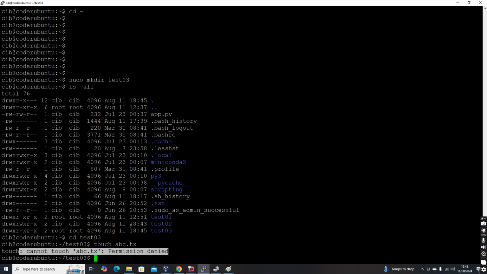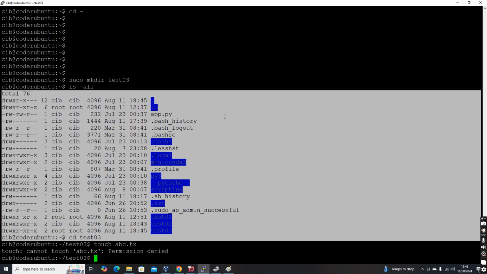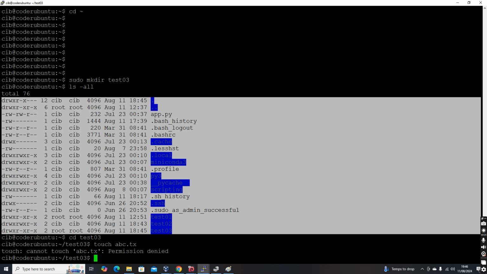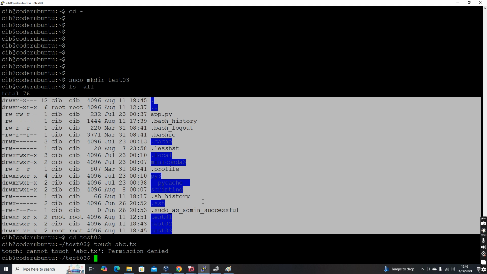The reason is they create directories with sudo, or they execute commands with sudo within their own directory, and the permissions will get messed up. Finally, over a period of time, you will see a lot of wrong permissions, and it will become kind of a weird system. So be careful with file permissions and the usage of sudo.